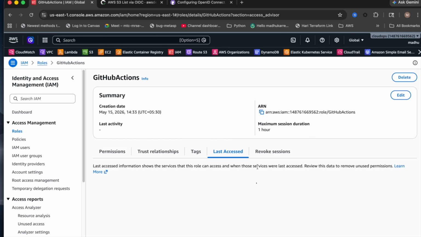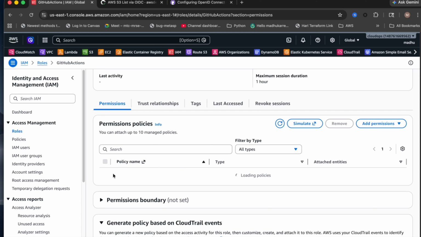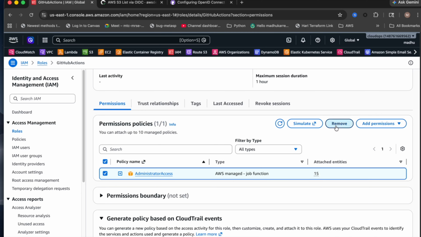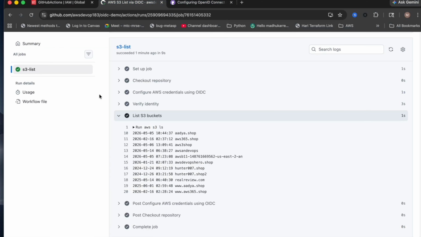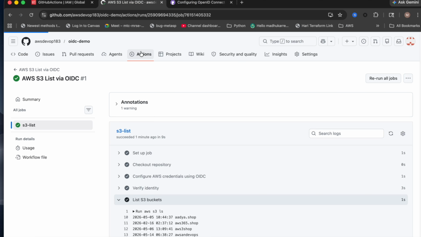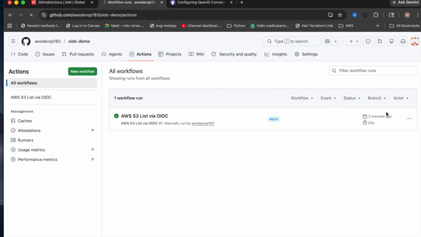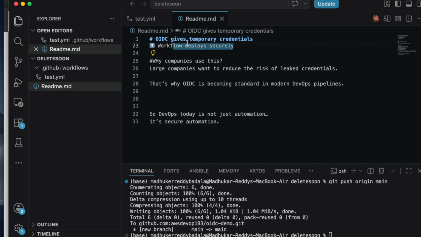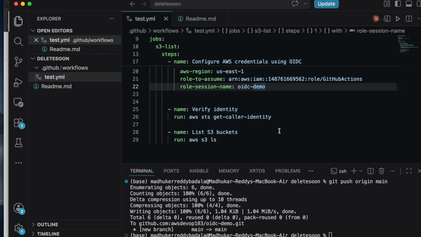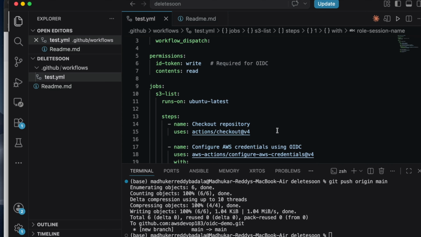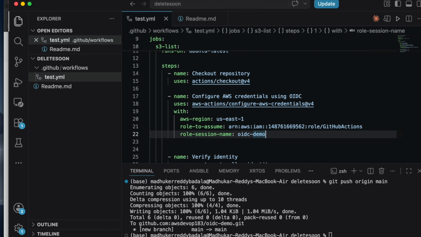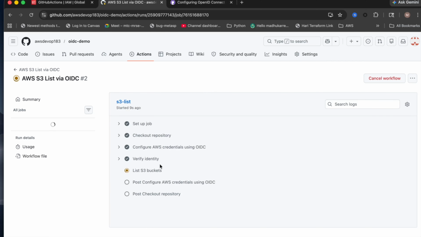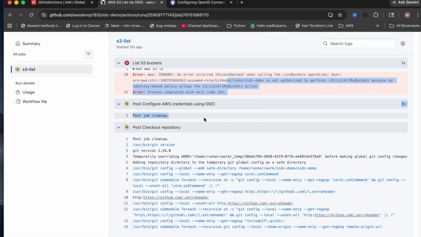You can even change permissions. If I remove these permissions just to prove that it's going to use this role, and rerun this workflow, go to Actions, click on this and then run workflow. This is just a demo workflow, but you can use it for other workflows as well, making use of this role instead of these secrets. If you come back now, you can see access denied, because I just removed that access.